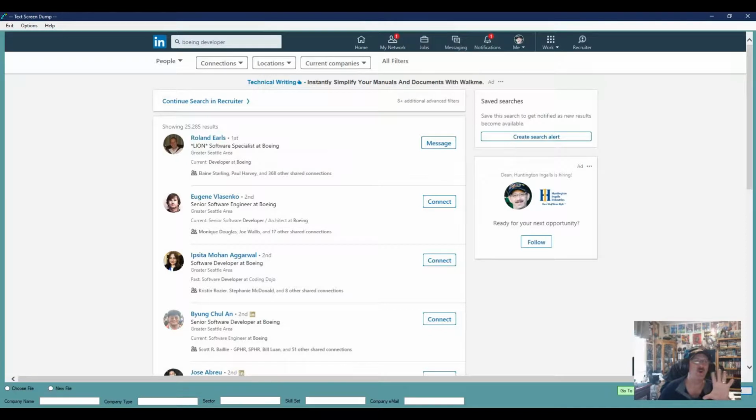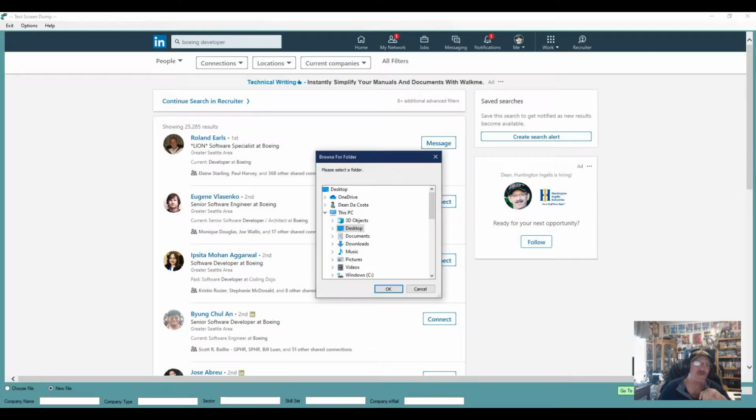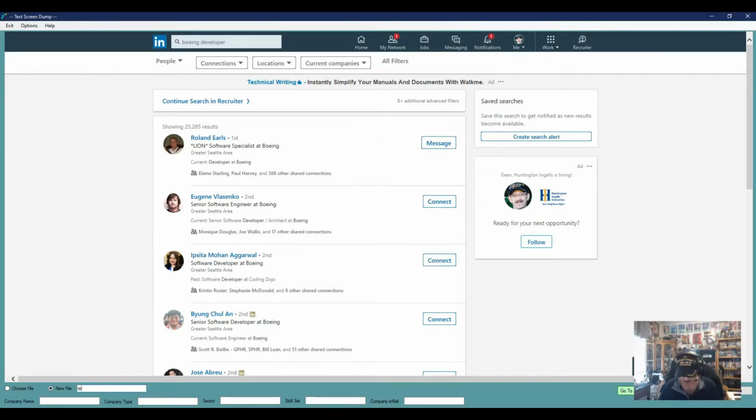And here we go. So these are all Boeing people. And what I would do is just put start right here. We've already got it up. We have to specify another file again. I keep forgetting that once you get out, that's something you're always going to have to do when you start over again. So let's do that. We're still going to call it test